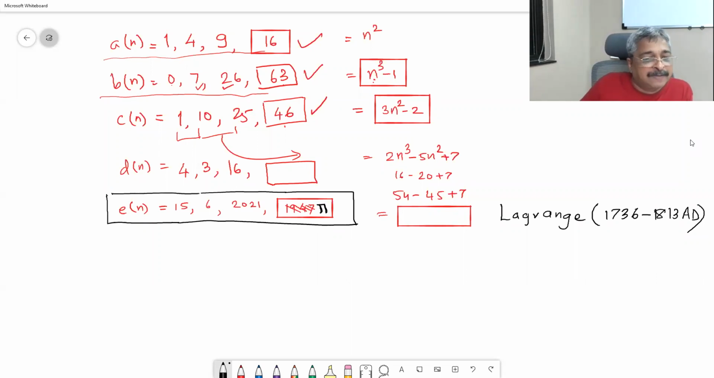What he did was, En is equal to... you are going to substitute n. For 1 it is 15, for 2 it is 6, for 3 it is 2021, and for 4 it is pi. Is that right? So he said, let me write it down,